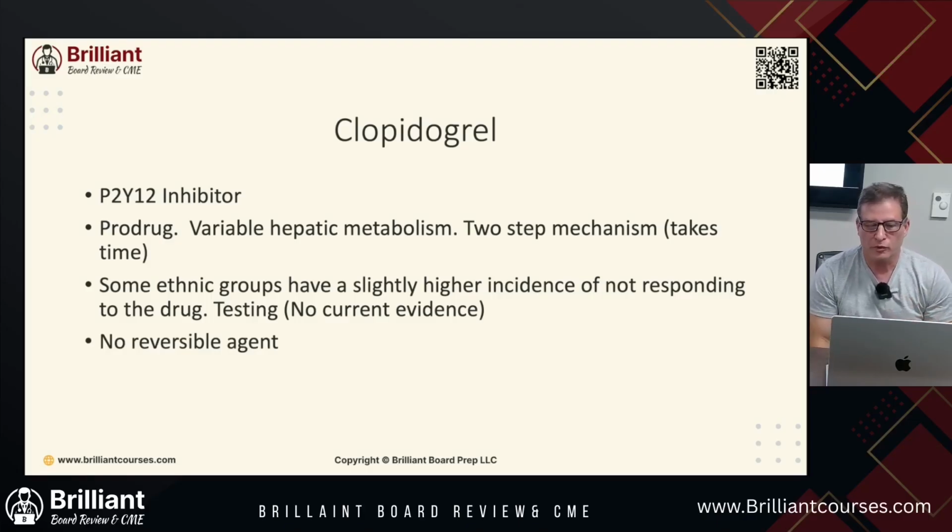So what do we use clopidogrel for? It's used for all sorts of things. We talked about it for acute coronary syndrome, which is MIs, and it can be used for recent strokes or peripheral artery disease. Because remember, in peripheral artery disease, what's happening? The platelets are aggregating and we're stopping the blood flow to our legs,